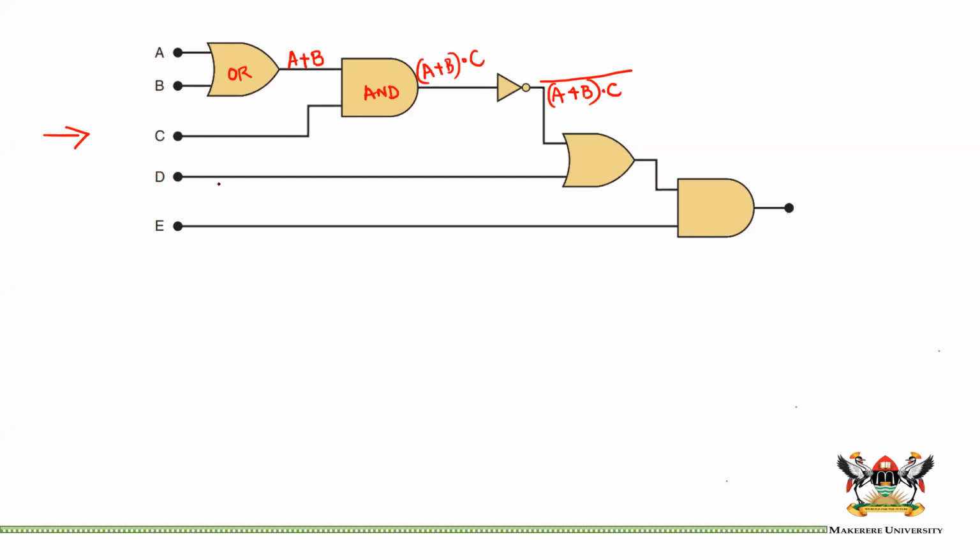Now this term is ORed with D, meaning that we have A or B and C inverted, or D. Okay, so your inverter must stop there. Then that term is now ANDed with E, meaning that now my X, I can say my X is